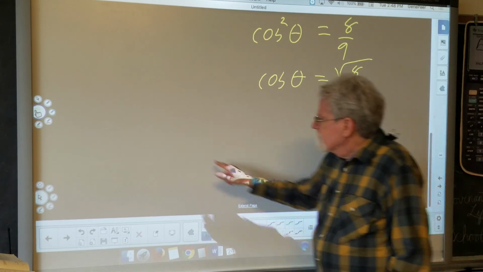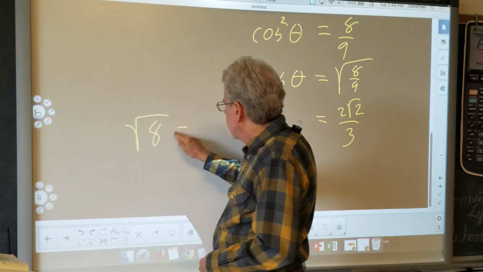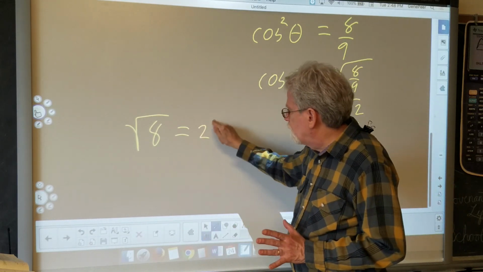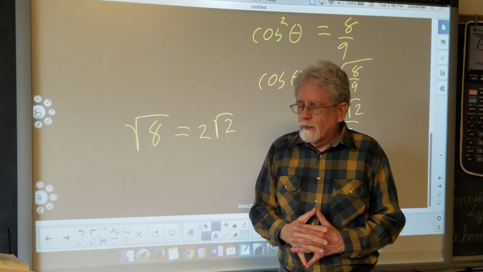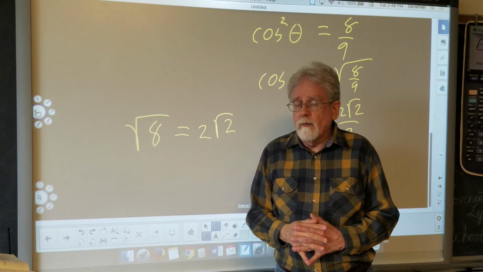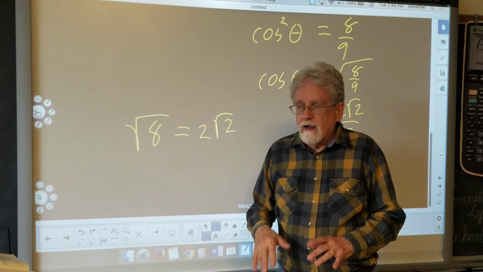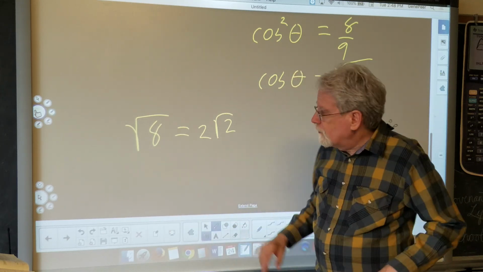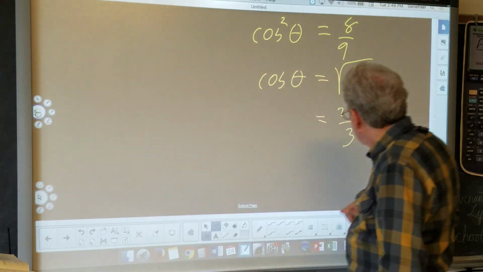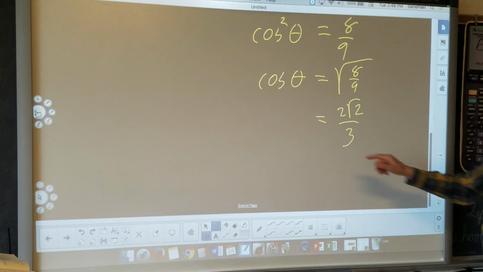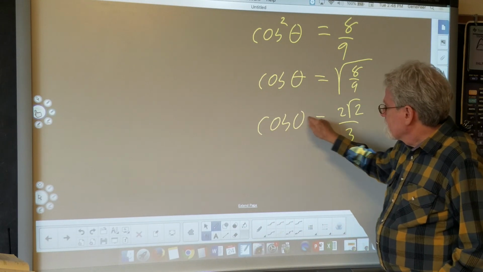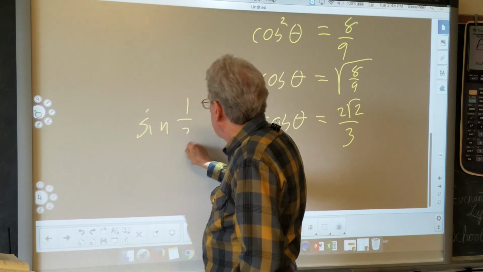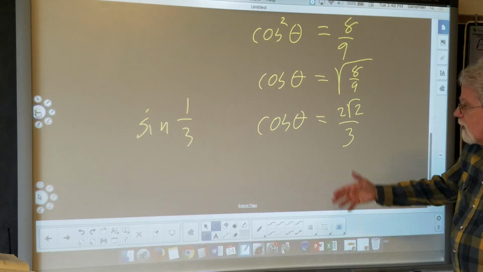By the way, simplifying square root of 8 comes up so often that if you don't already automatically know that it's 2 square root of 2, with some practice and some time, it'll become automatic to you. Just like we know that 5 times 6 is 30. Square root of 8 is 2 square root of 2. You'll just know it because you see it so often. You could very well already know it. So that's cosine. All right, we know what sine is. Sine was 1/3 because we were told it was in the problem. So now tangent is simply